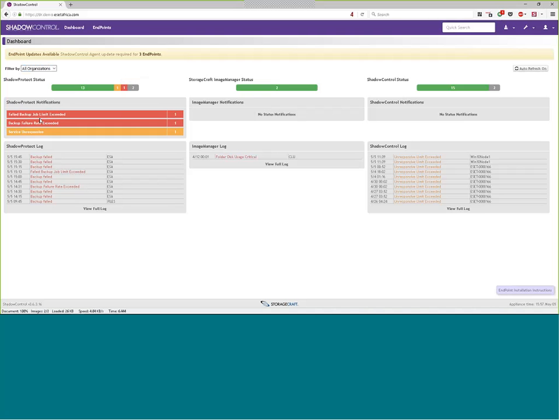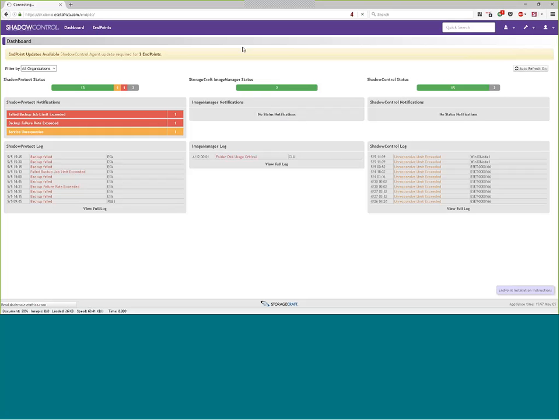So there's one machine that's affected by a backup failure, and there's another machine that's affected by a service that is currently unresponsive. And then there's also a log of past issues that aren't necessarily current, but have occurred. These are the current issues that would come up under the status notification section.